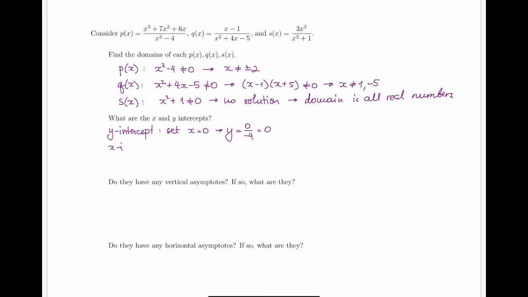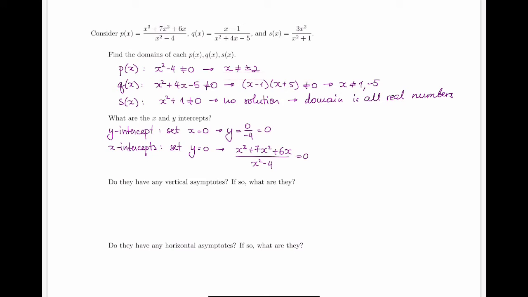For the x-intercepts, we're going to have to set y to be 0, which means that now I'm considering x cubed plus 7x squared plus 6x, all over x squared minus 4, being equal to 0. And as usual, there's more than one way to do this. You can cross multiply. This is essentially 0 over 0, so that's not going to get you anywhere. But you can also multiply everything by x squared minus 4, keeping in mind that you've already excluded those numbers